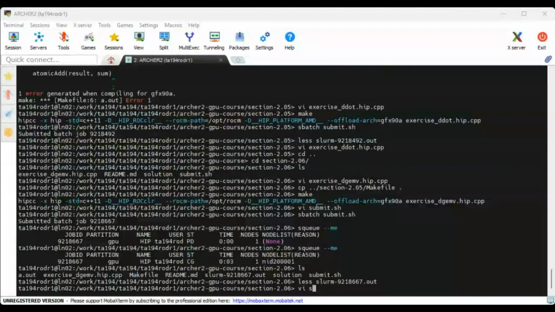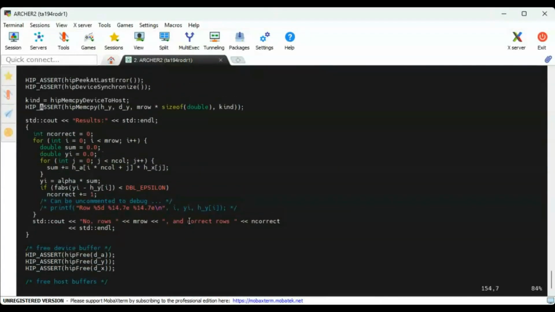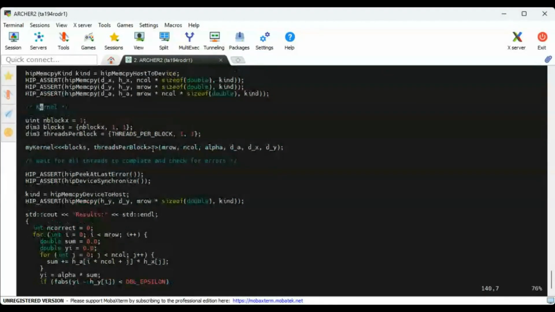So let me see the exercise here. Actually, let me check how the kernel is launched. The kernel is launched with blocks, threads per block. Okay. But we see that here we're using 1D. Let me have a look at the